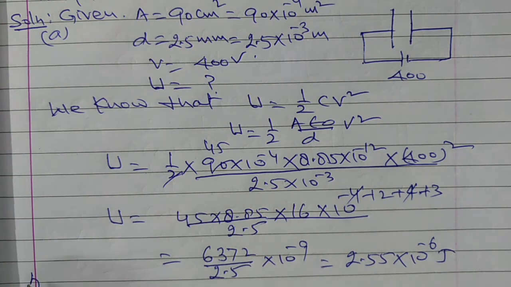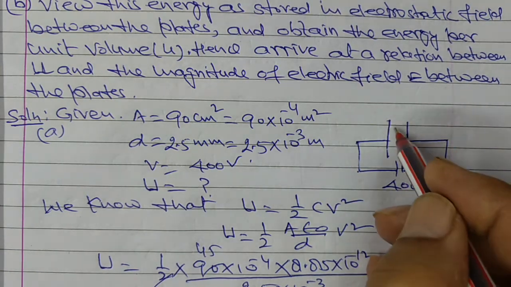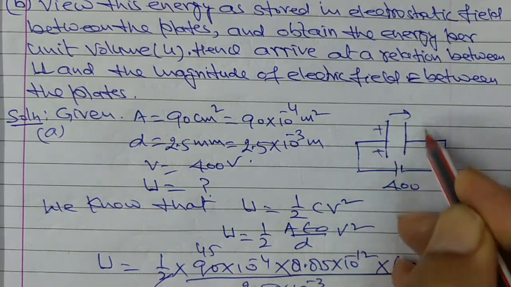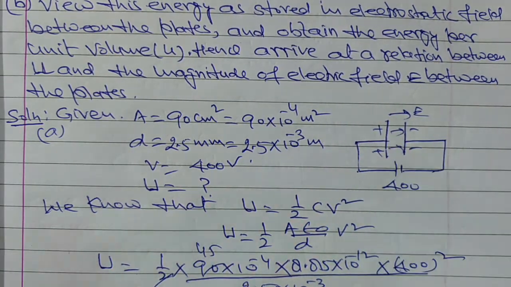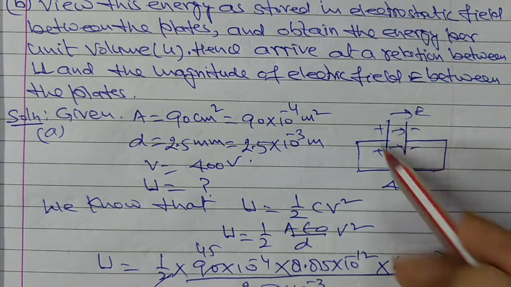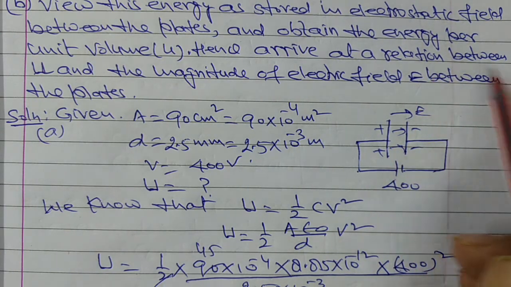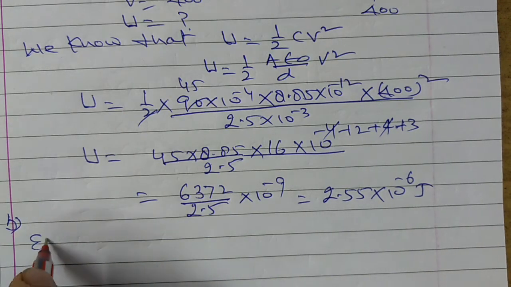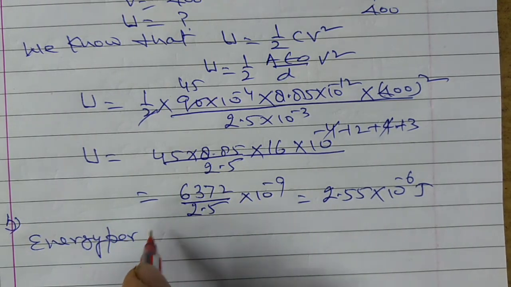Now B part में कहता है, this total energy is stored in the electric field. This is the positive plate of the parallel plate capacitor, this is the negative plate, and this is the electric field E between the plates, and this total energy is stored in this electrostatic field. Right? Now we have to obtain the energy per unit volume. Therefore, energy per unit volume